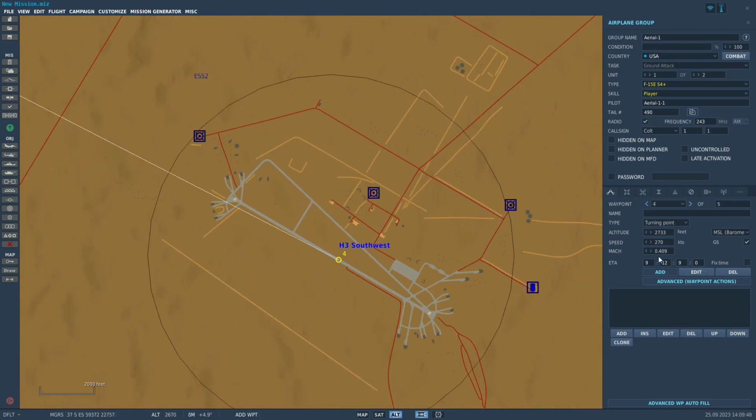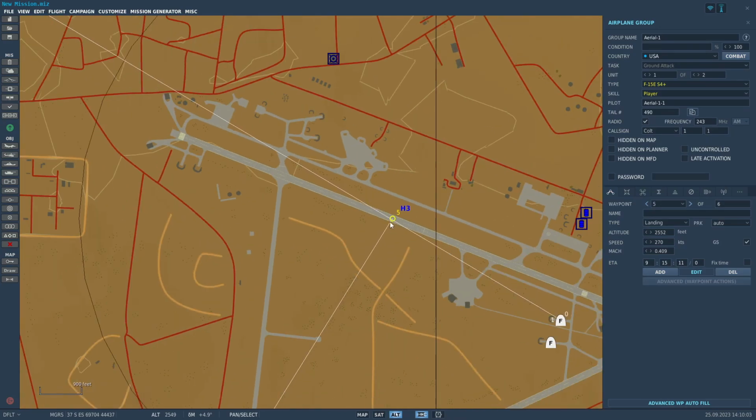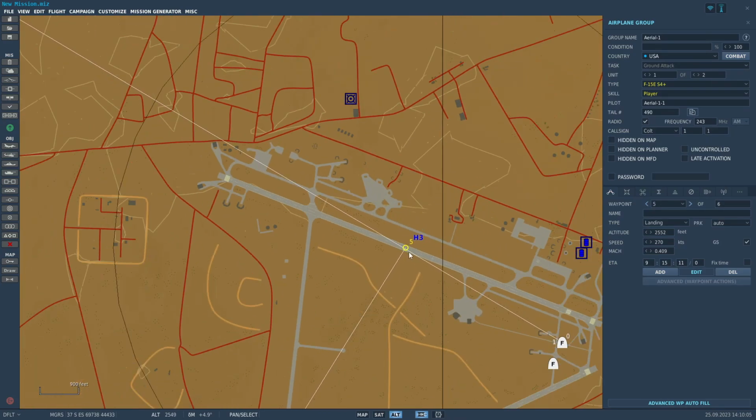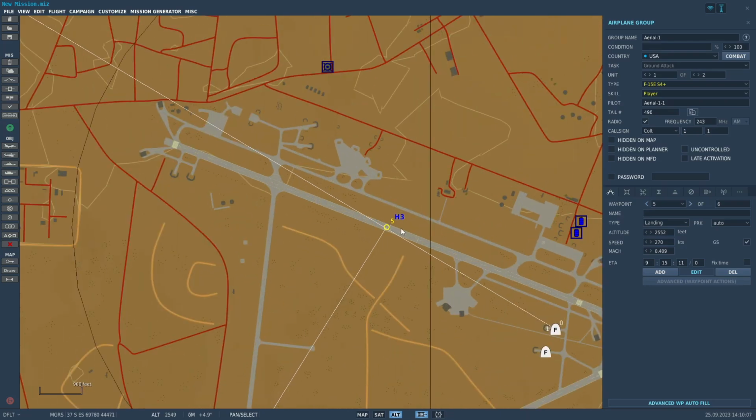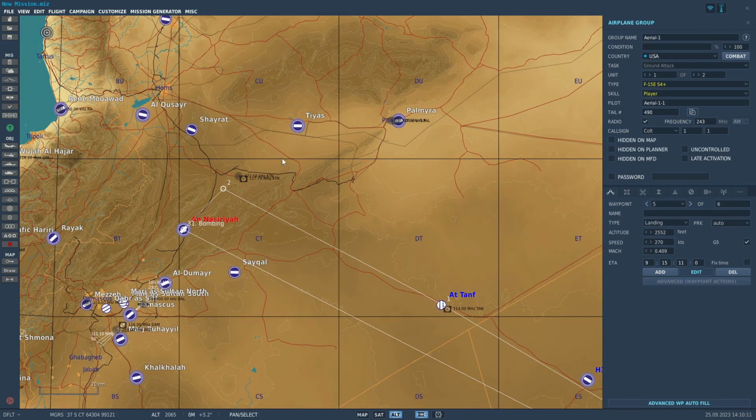as another waypoint, so we can just have this be our divert field. And then come over here and just change this to landing, or land, refuel, rearm. If you're going to be continuing, but we're just going to be landing for this hypothetical mission. And it'll put the waypoint right in the middle of the runway. Next thing,